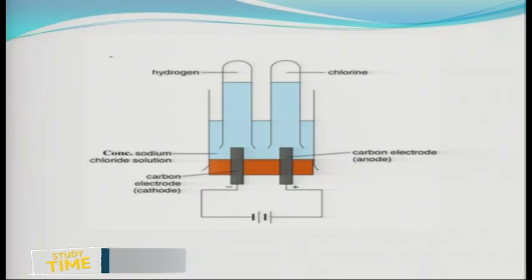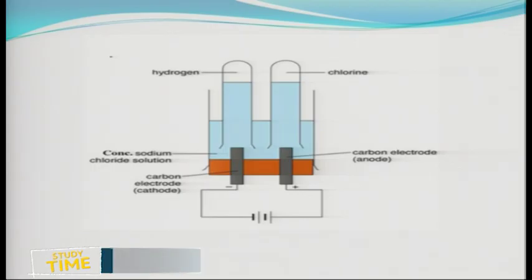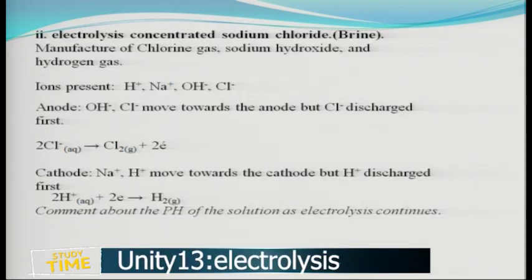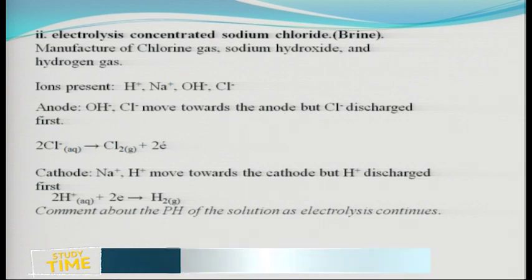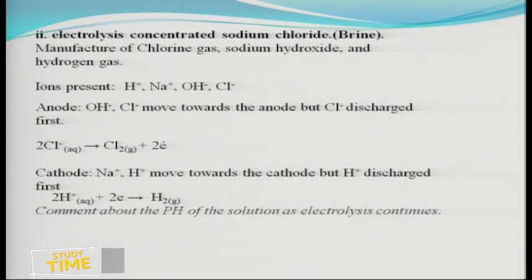if you have the carbon electrodes, you'll observe that we have actually hydrogen and what? And chlorine. So we can comment about the pH of our solution. So you observe this time we are removing chlorine and we are removing also what? Hydrogen. So what shall we remain with? We are going to remain with sodium hydroxide. And we shall say that the pH of the remaining solution,